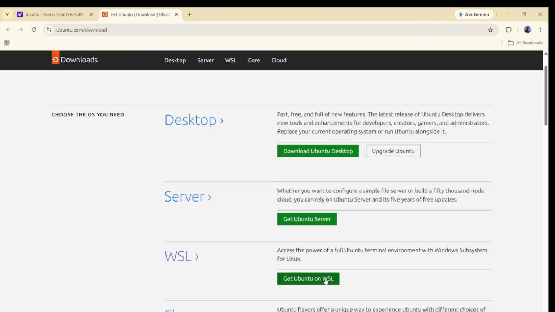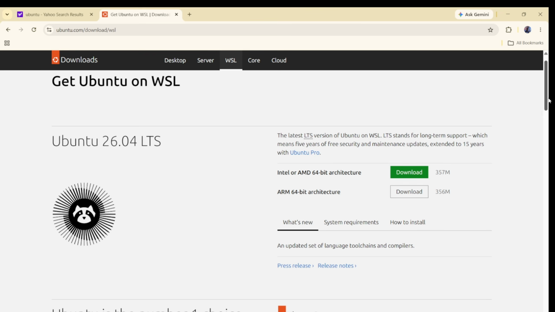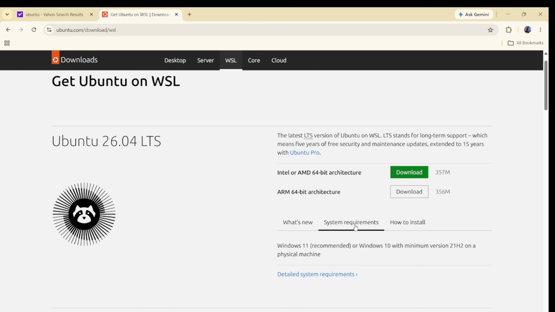Click get Ubuntu on WSL. You will see the download button. Click on it. If you want to see the system requirements, click on system requirements. It will show you Windows 11 recommended. Now click on the download. I'm not clicking on it, as I've already installed it.